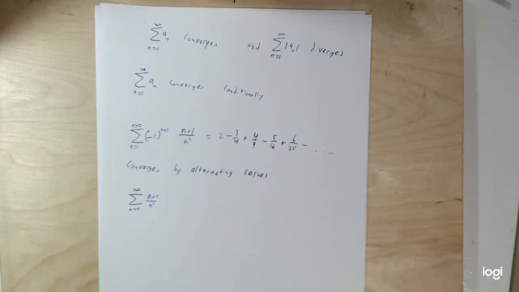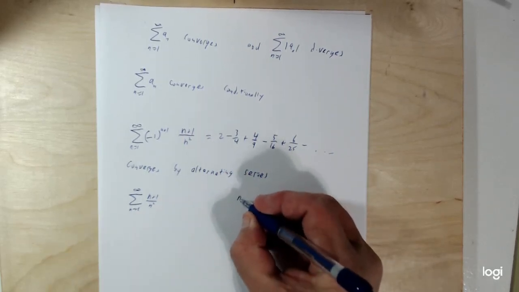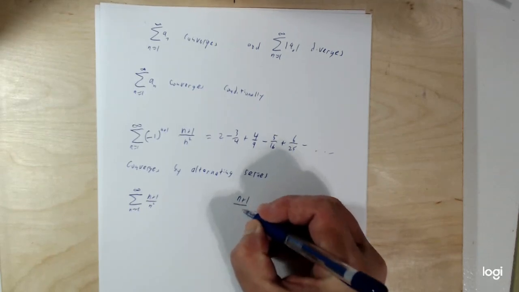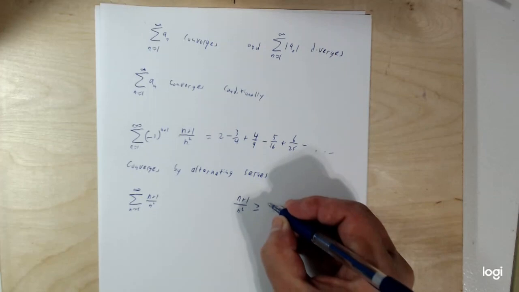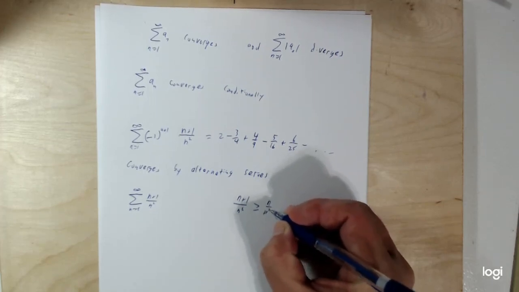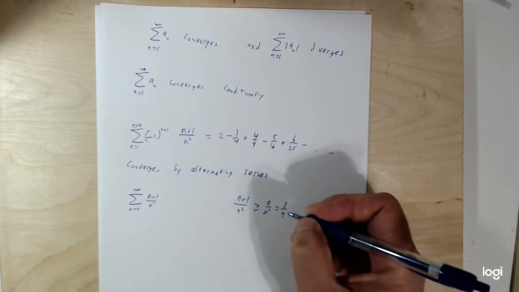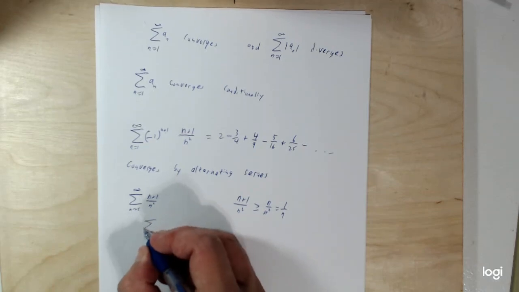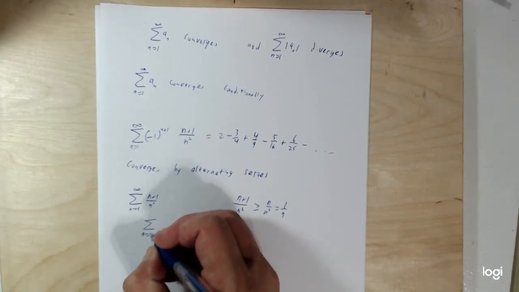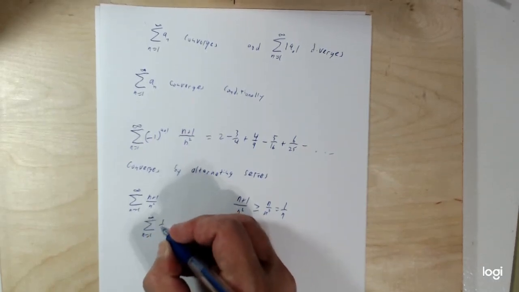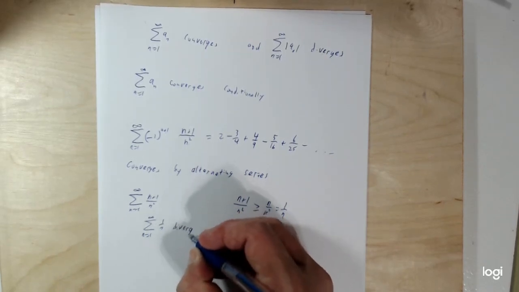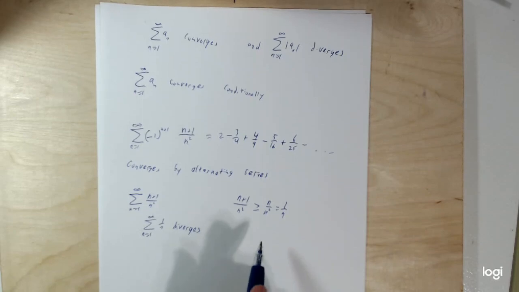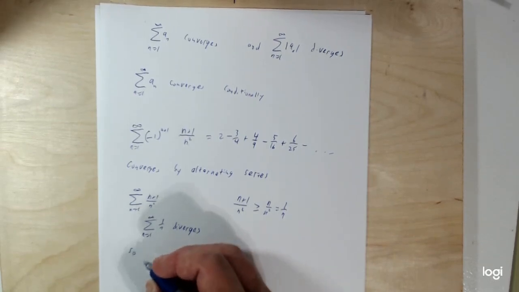Well, (n+1)/n² most certainly is larger than n/n², which is 1/n. And we know the sum from n equals 1 to infinity of 1/n diverges. That's our rule for p-series. Well, that means a bigger one will also diverge. So by direct comparison,